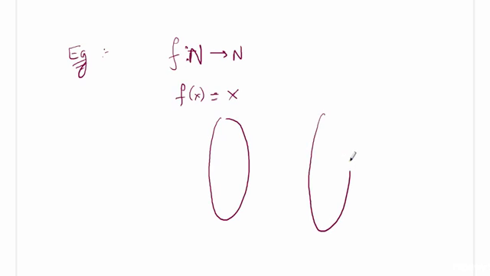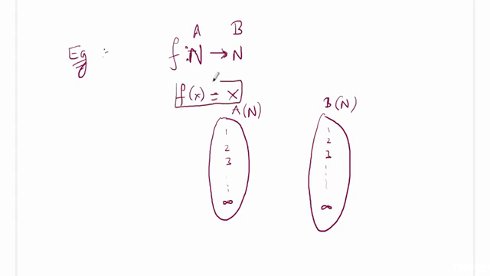Alright, so let's see an example. We will take an example which we took in a previous class. So suppose a function f is defined from natural numbers to natural numbers, and it says that f(x) is equal to x. Then you can clearly see that this will be our set A and this will be our set B. Set A and set B are always taken with respect to this definition: domain and codomain. Alright, so domain and codomain. Domain is a set of natural numbers, codomain is also a set of natural numbers. So 1, 2, 3, and so on till infinity. B will also have 1, 2, 3, and so on till infinity.